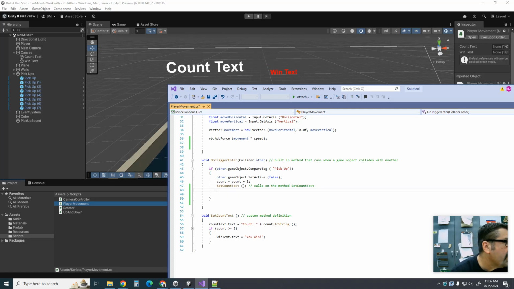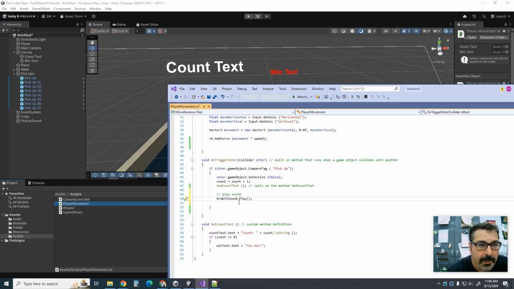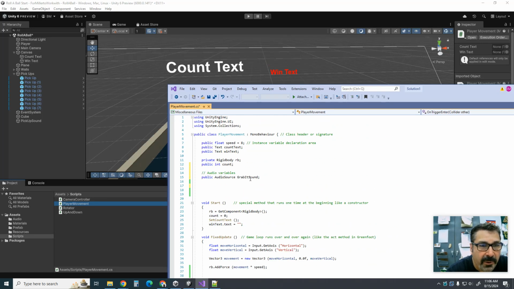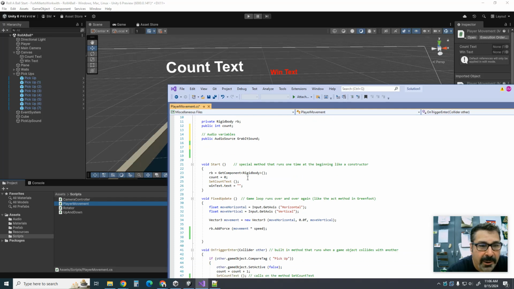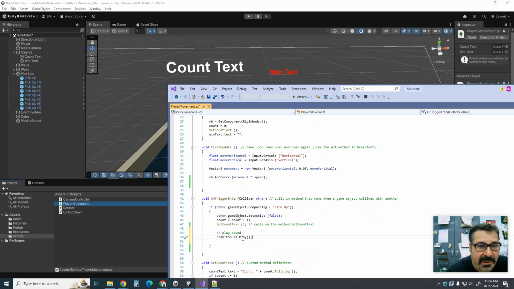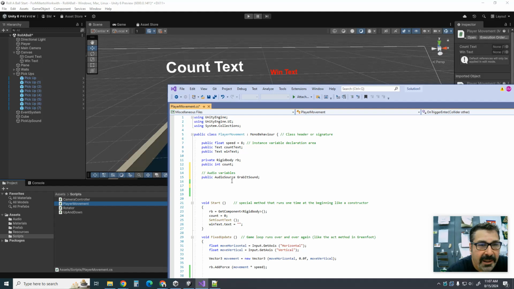We're going to write some different code here. And so here's our if. Hey, if you touch a pickup, then you're going to do all these things. So right inside of these curly braces, inside of our if statement, you're going to add this code: grabItSound.Play. So we have our audio source called grabItSound, and now we're asking grabItSound to play. Now the only problem that's left is that this grabItSound is not connected to